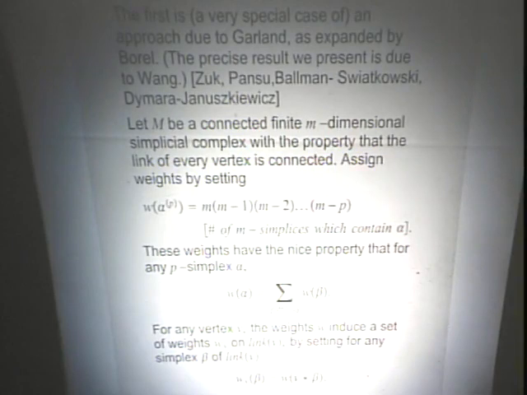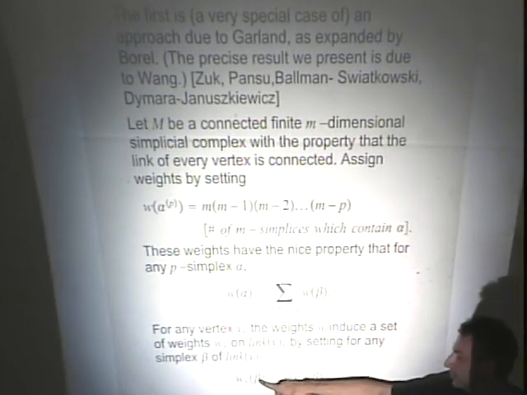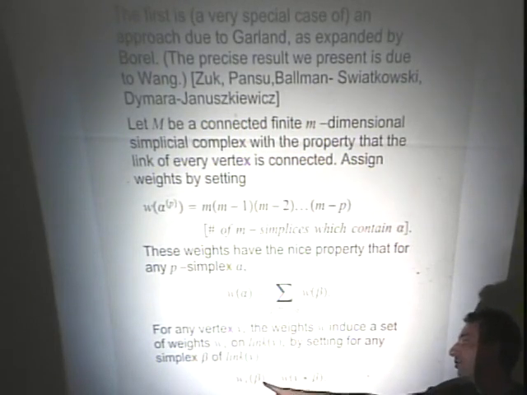And then, given any vertex, we can assign weights on simplices in the link. If beta is in the link of a vertex v, thought of as an element of the link of v, you assign a weight by joining it with v. You get a simplex of dimension one higher in the star of v, and take the weight of that. Okay. So now here's a theorem due to Wang, a very recent theorem, in fact, which we can just state without doing much more work.